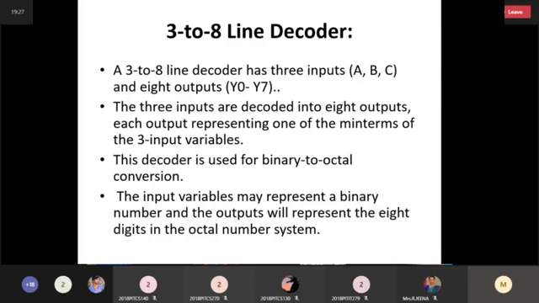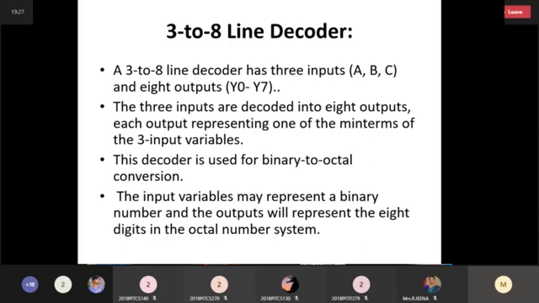That means if you have 4 outputs, we have already seen what the outputs are: Y0, Y1, Y2 and Y3, right? So your output starts with 0 and ends with 2 power n minus 1. Here there are 8 outputs, so your output starts with 0 and ends with 7. Okay, so Y0, Y1, Y2, Y3, Y4, Y5, Y6 and Y7.